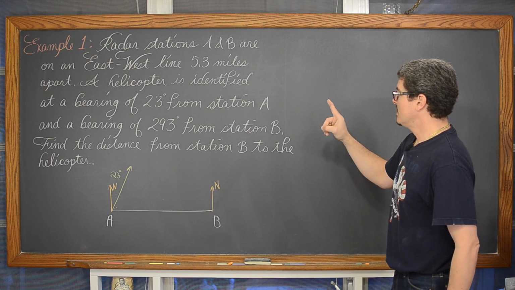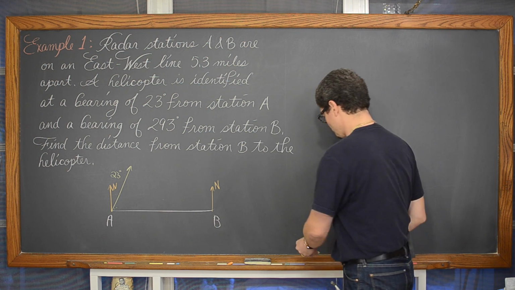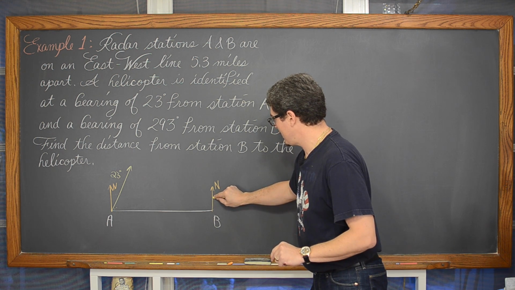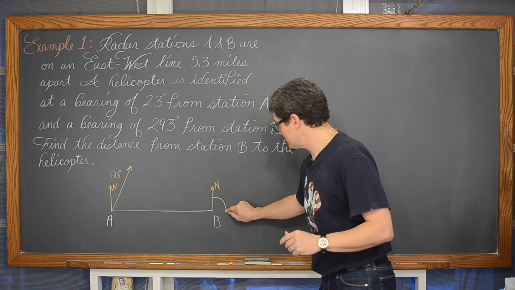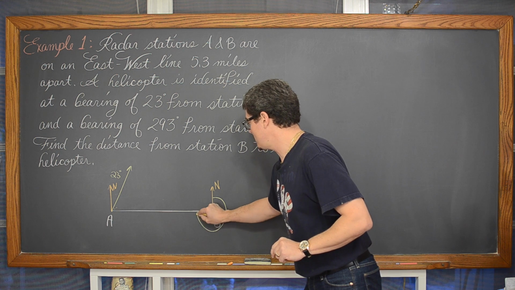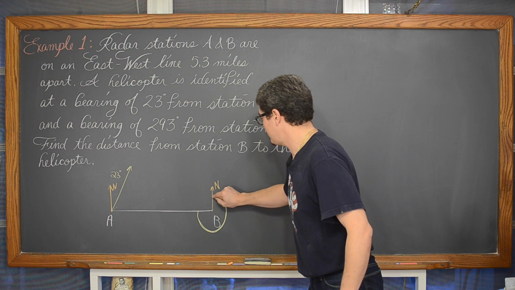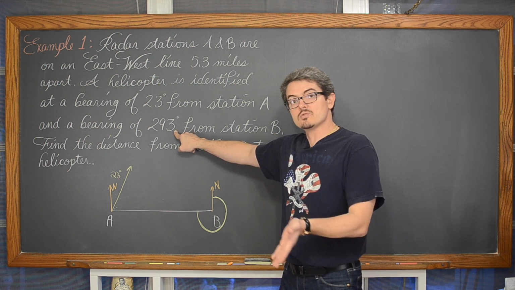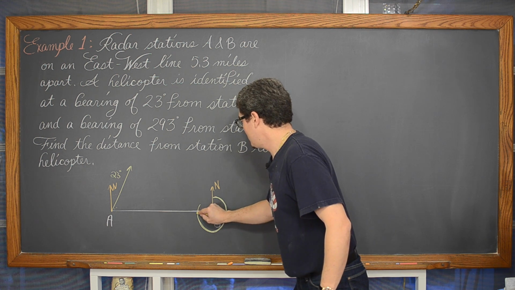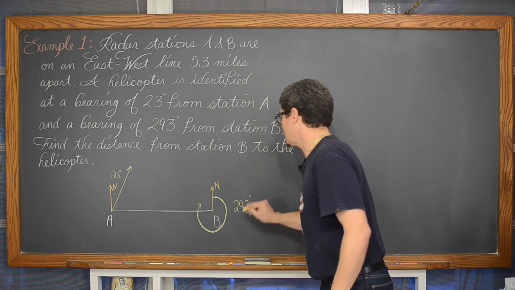Now, if I rotate 293 degrees from station B, so due north, okay, so we're looking at bearing, so from due north, and we're going to rotate 90 degrees, and we're going to rotate 180 degrees, and we're going to rotate 270 degrees, but our bearing is not 270, our bearing's more than that. Our bearing is another 23 degrees past 270, so we're going to have a bearing that looks something like this approximately, and that's 293 degrees, at least as a bearing.